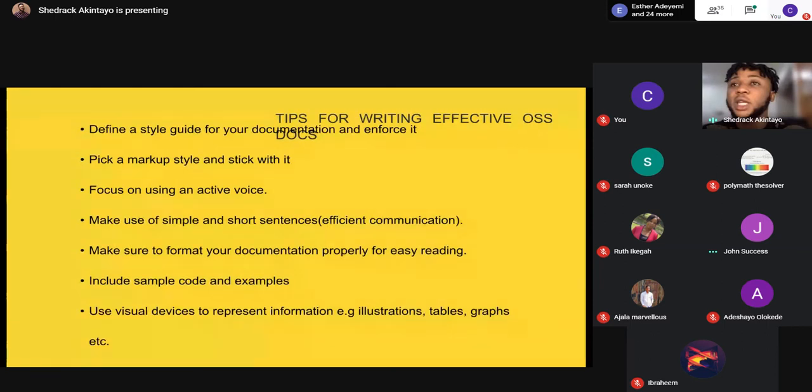This is something that is general in technical writing. Writing documentation is a form of technical writing. You would want to talk to people. You would want to write documentation like you're talking to people in real time. So you would want to use "we" instead of "you". So you want to make sure that